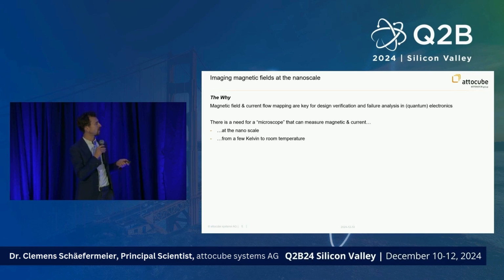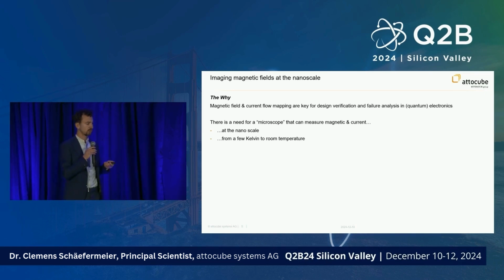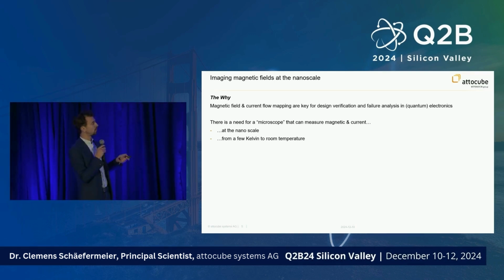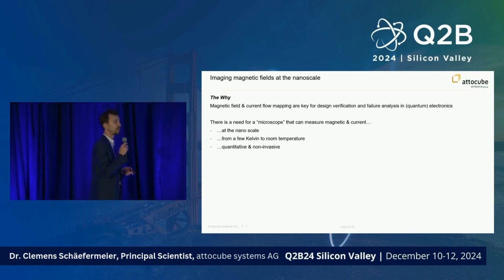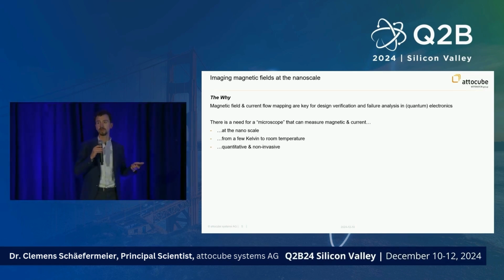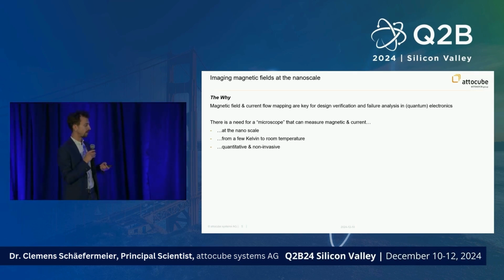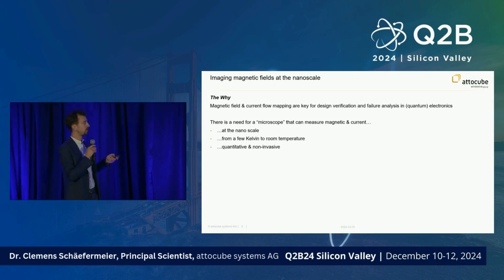I talked mostly about few Kelvin, but also mentioned there's a trend towards higher temperatures. There are high temperature superconductors, so you don't want to limit yourself to only 2 Kelvin. And finally, you want to be quantitative, obviously, but especially also non-invasive. So you don't want to change your typically rather delicate system with your sensor.